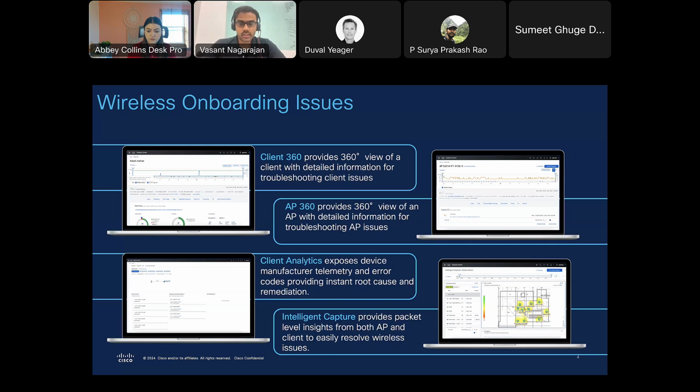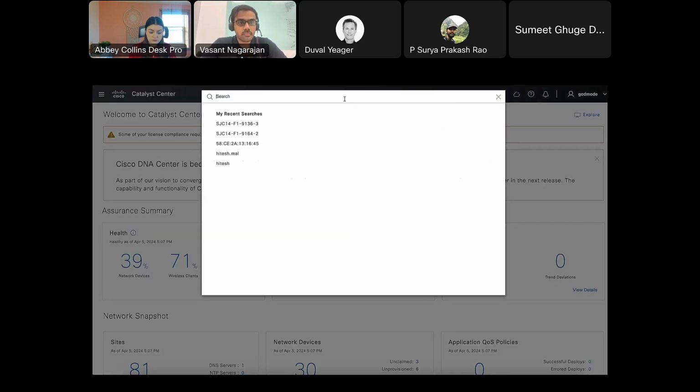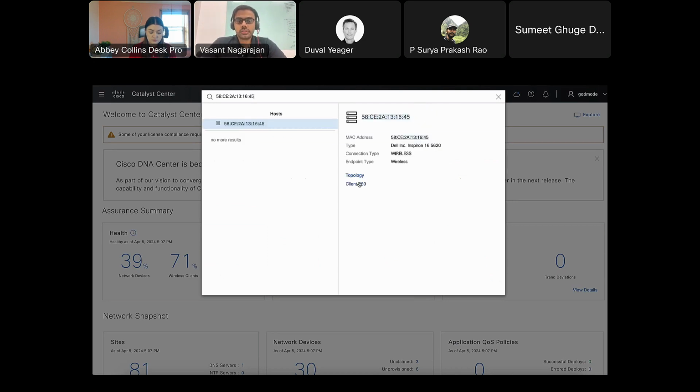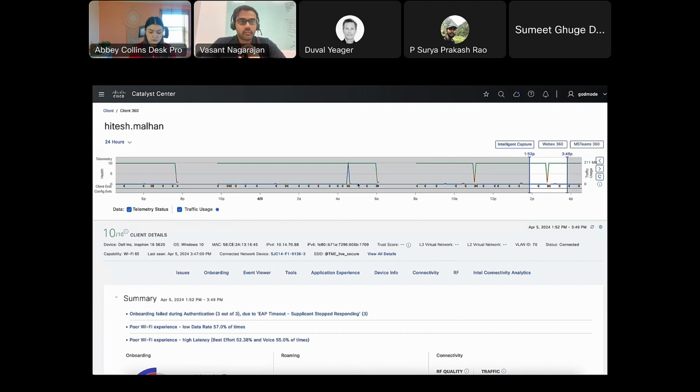With that, let's take a quick look into the demo. So in this example, the wireless client failed to onboard. How you troubleshoot this is simply search for the client MAC or the username, and that will lead you to the client 360 page. Once you go into the client 360 page, you're going to see a complete view of the client, right? Starting with the graph, where we show the telemetry status, the health of the client,